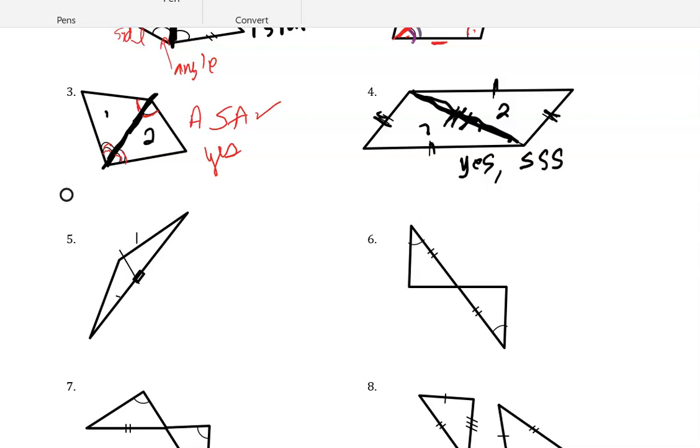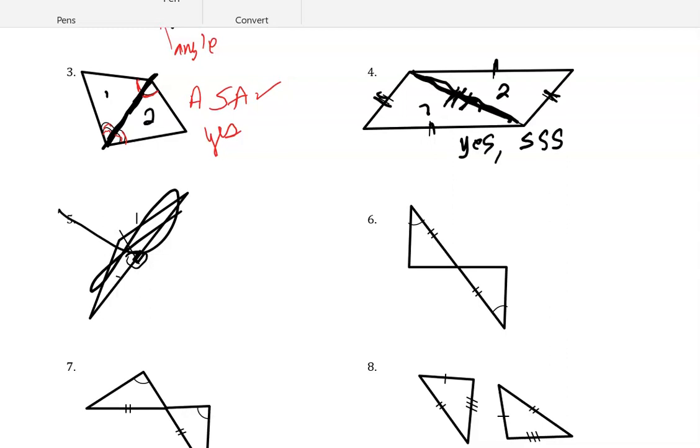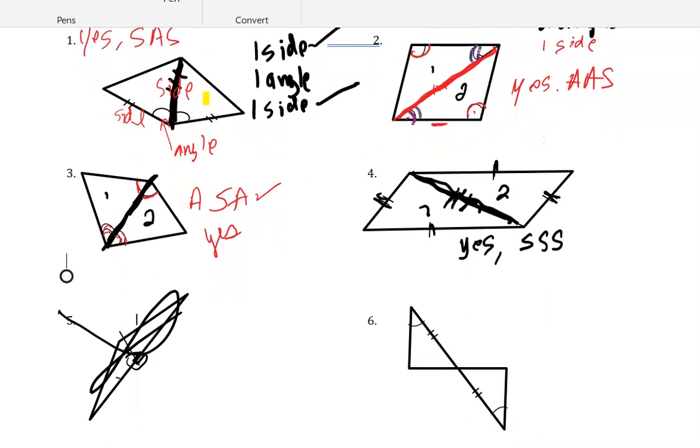I think we're going to skip that one because I think it's supposed to be a right angle here. Hypotenuse leg. Let's skip that. That did not format particularly well. So 1 through 4, what we had in numbers 1 through 4 is what we would call,